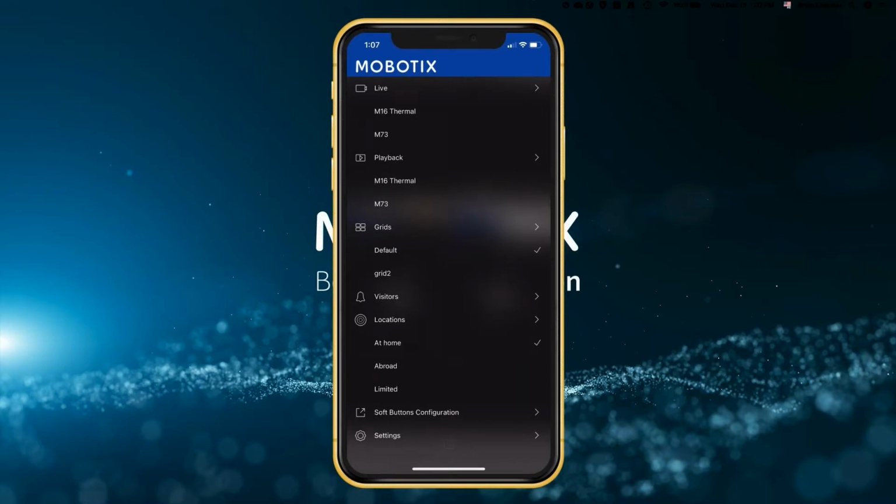Then I go down to a visitors section, which handles visitors to this app. The locations button is about how you set up the app, or your cell phone or mobile device, to communicate. I'm at my home office network, so that's what I've chosen for how the app is going to react and how the phone is going to connect.